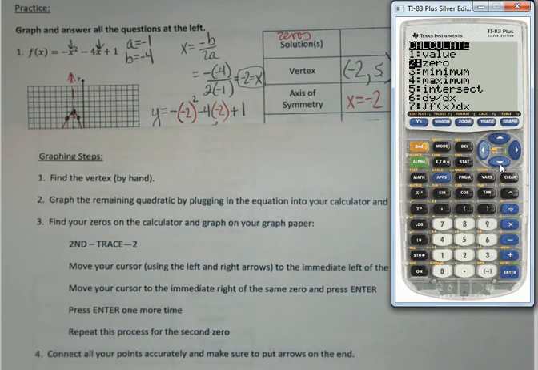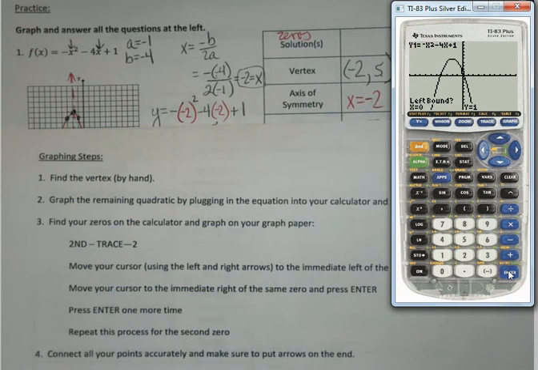So here's the part that gets interesting. I hit enter, and this little cursor flashy guy comes up. My idea is I'm going to trap the intercepts, or the zeros, in. So we're going to move our cursor to the left till I start getting near my first answer, which is right here, because I'm looking for where they cross the x-axis. When I'm to the left of it, you're like, how do I know when I'm to the left of it? You can go a couple extra clicks if you need to, but somewhere here to the left of it, I'm going to hit enter with my little blinky guy,